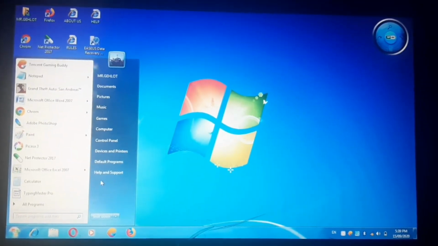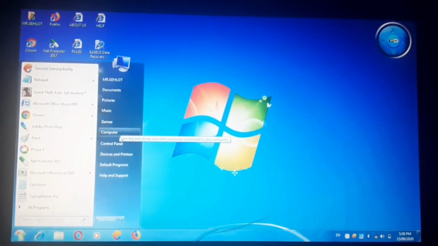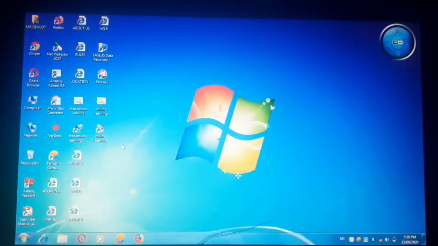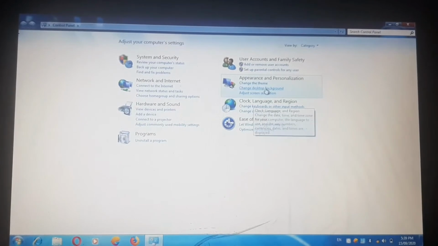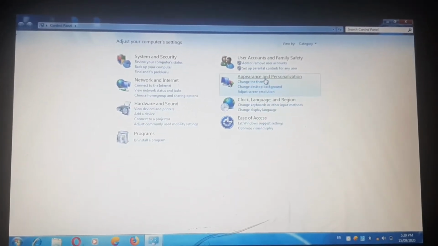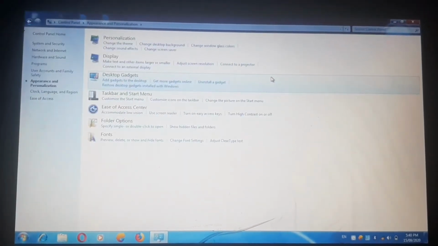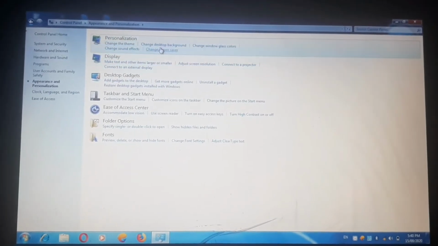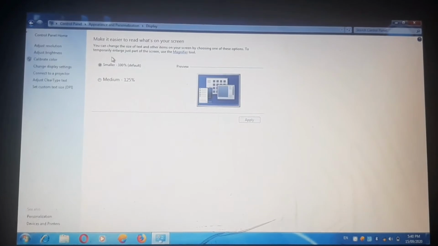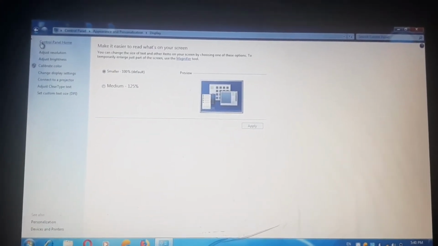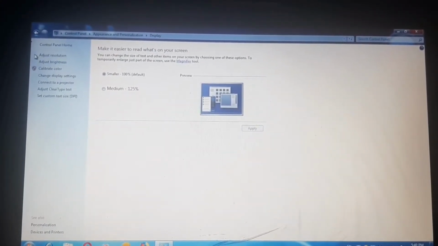We have to go to our Control Panel, then go to Appearance and Personalization. In this you have to go to Display Settings, where you can go to Adjust Brightness.